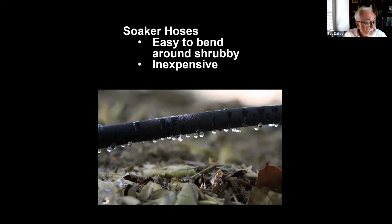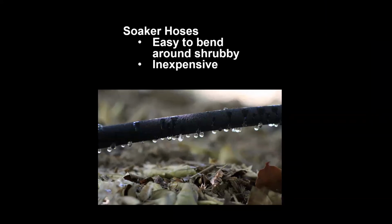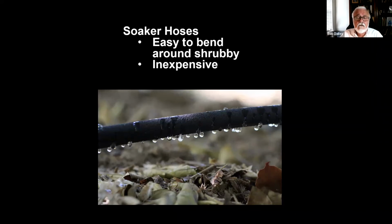Some of the things I failed to mention at the beginning of this presentation is that there are other organizations besides Woodlands Water and Woodlands Township, Texas A&M AgriLife, and the Master Gardeners. The Texas Master Naturalists, which Terry and I belong to, the Heartwood chapter for our area, has done extensive work and support on these kinds of programs. Also, the Native Plant Society of Texas, the Pines and Prairies chapter, which includes Montgomery, Grimes, and Walker counties, and